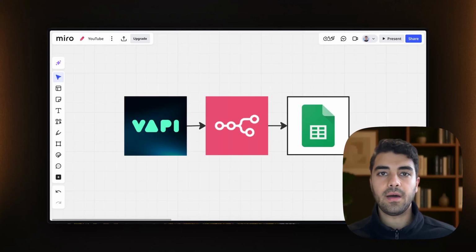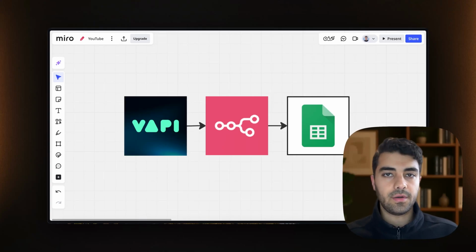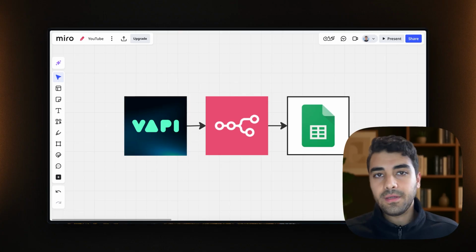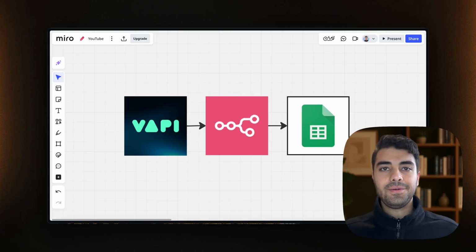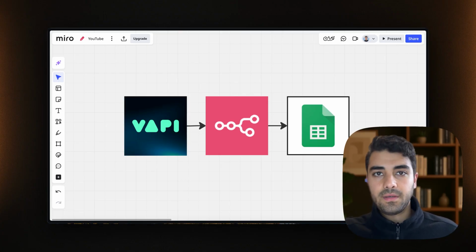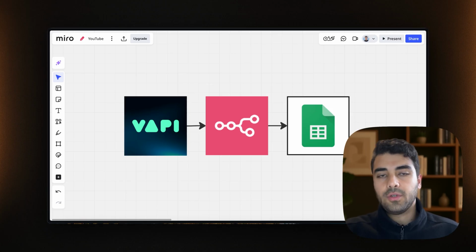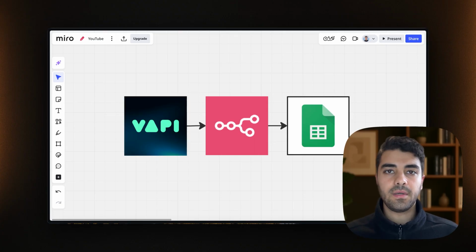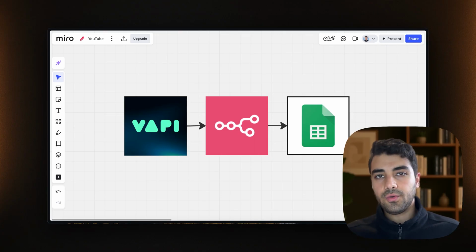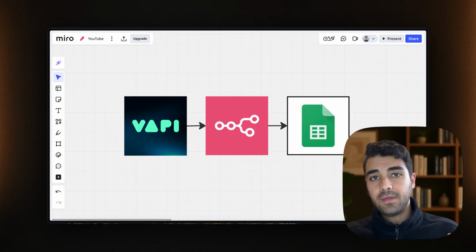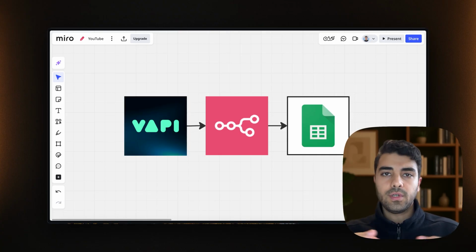If you're using voice AI, but you're not really recording all the information somewhere, you might be losing a big opportunity on analyzing the calls, transcribing and seeing how the calls are actually going, and perhaps also check on any errors that might be coming up. So in this video, I want to show you how to connect VAPI to Google Sheets through n8n step by